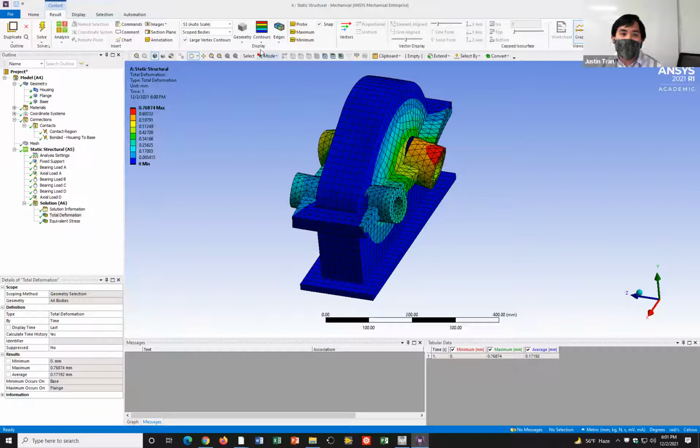I would say the auto scale is good for you to kind of see what it looks like visually. But if you're presenting results to your boss or something, I would not use the auto scale, because if you saw something like this, you might panic and be like, what the hell's going on?